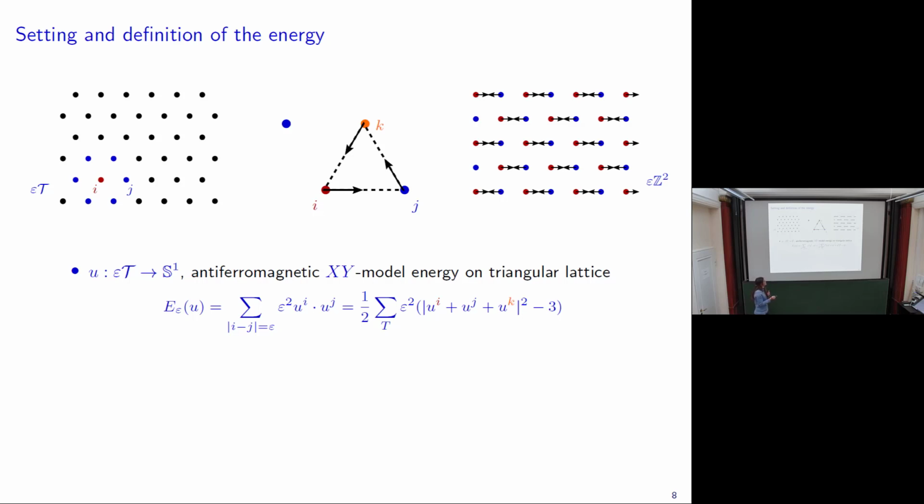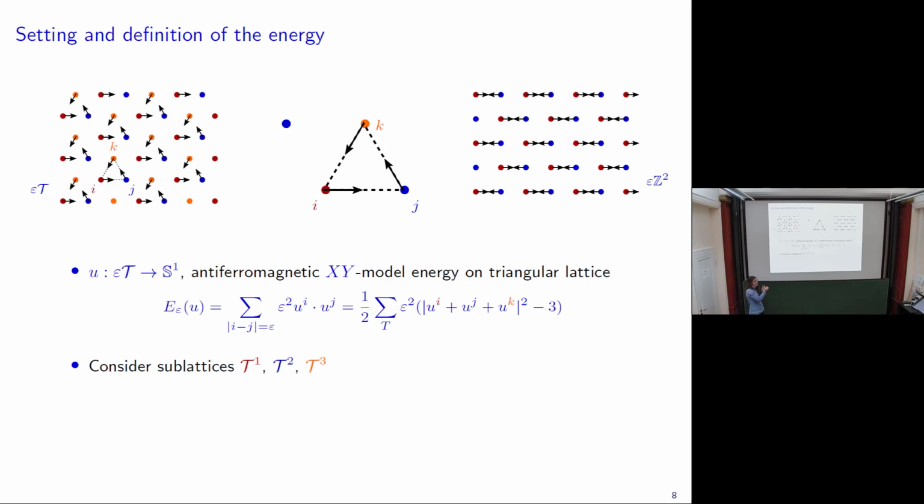Well, then you see that you can actually decompose your lattice into 3 sublattices, and you can put these vectors on your whole domain according to the sublattice to which they belong. And you get a ground state. And as I said before, we have S1 symmetry, so of course every global rotation of this ground state is